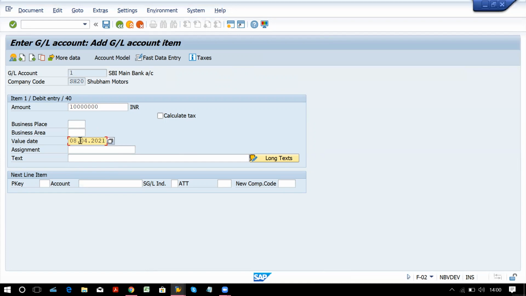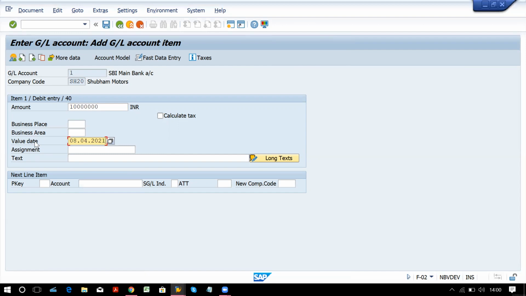Okay, now here you can assume one scenario, okay, that your client doesn't want this as a required entry. So it is time consuming for any end user to put on all the time value date. So I don't want it. You can make it optional. Okay. If that is the request from your client.